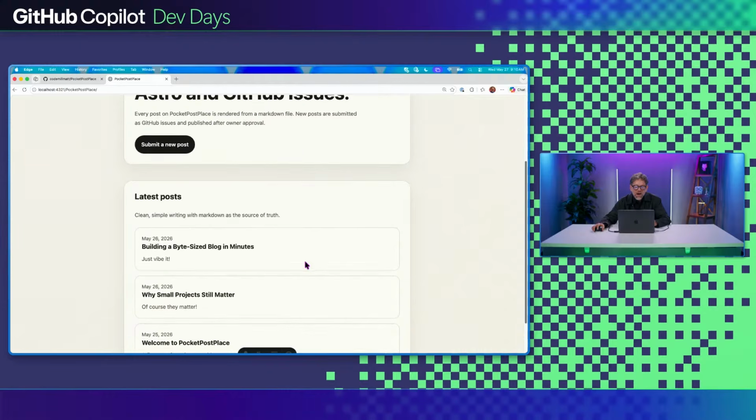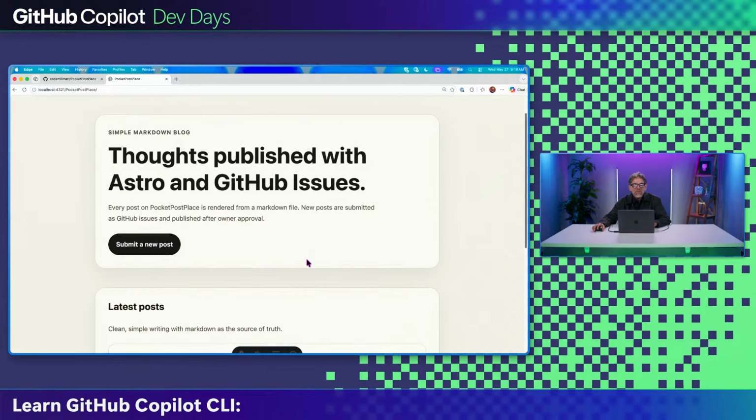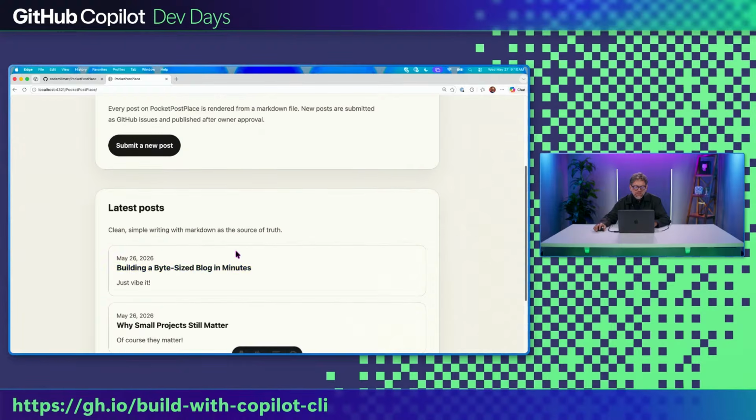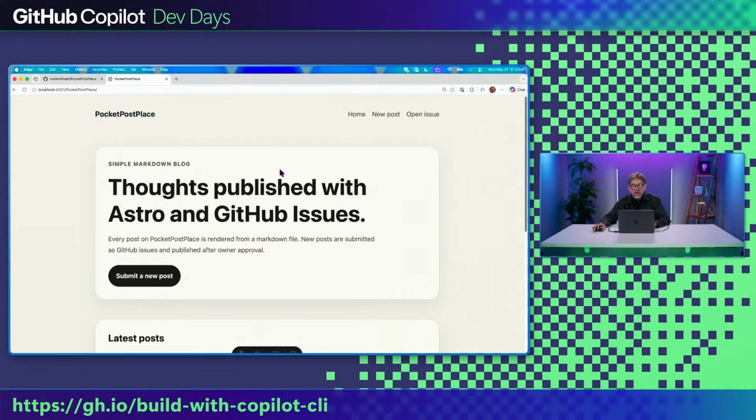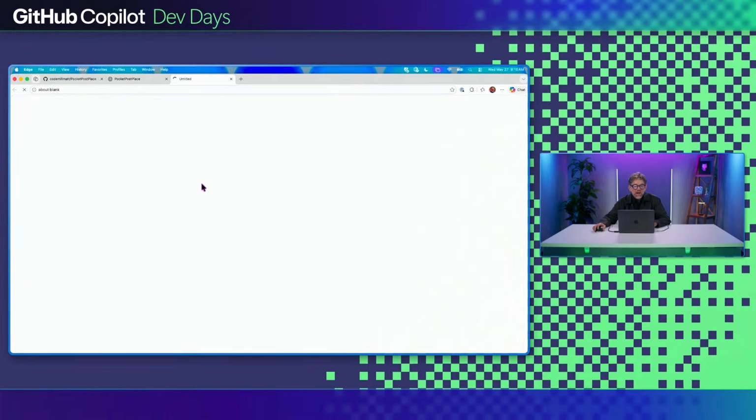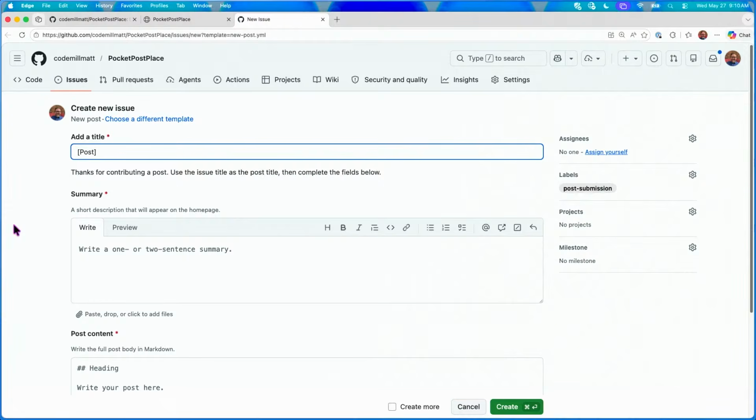It is very, very simple, of course, I vibed up the blog. And what it does is list the latest posts. You can go in, you can see the post. And the way you add a new post is you create a new issue on the repo for the blog